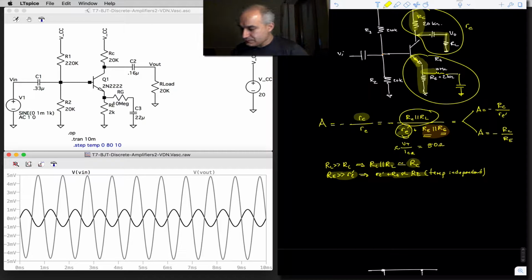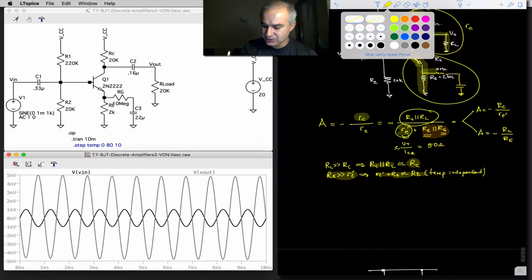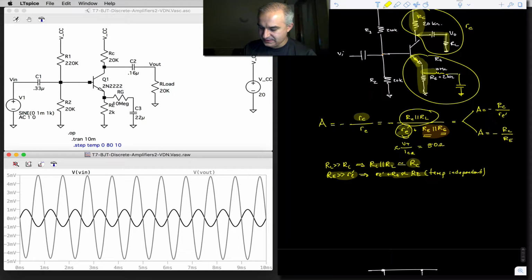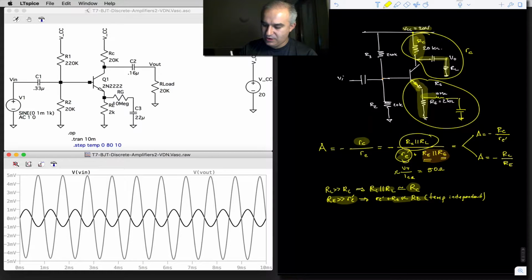Well, we need an output stage. And if we wanted also to increase the input impedance, we may want to have an input stage. This is a gain stage, not an input stage or an output stage. And so what can we do in that case? Let's look at the output impedance. Our output impedance in this case, Rout,